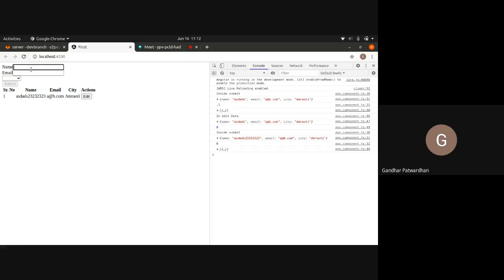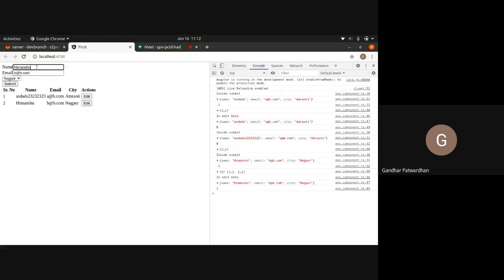Now, if I say Himanshu and b@b.com, I'll select and I click on submit. Then it adds a new row, right? If I click on edit, I say Himanshu1, I click on submit, we get this change. Is it clear?